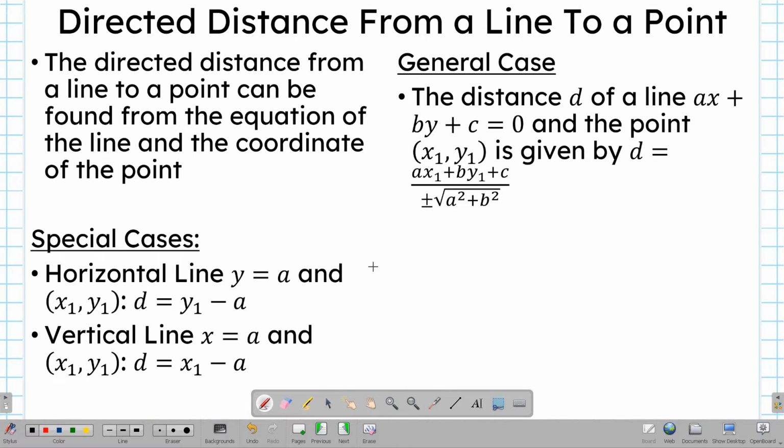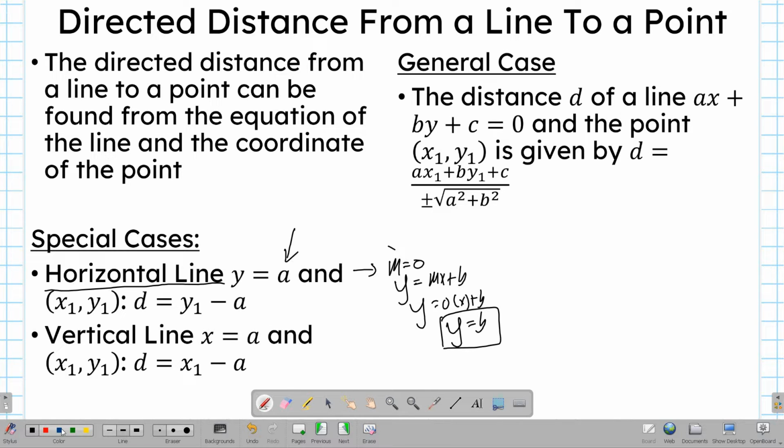So, since in the horizontal line, the slope is equal to 0, if we are to substitute that in the slope-intercept form, y is equal to mx plus b, then substituting that we'll have y is equal to 0 times x plus b, and 0 times x is 0. Therefore, the equation y is equal to b, where b is any constant. Kaya dito, a, kasi a is just any constant. So, this is the equation of a horizontal line. Horizontal. For a vertical line,